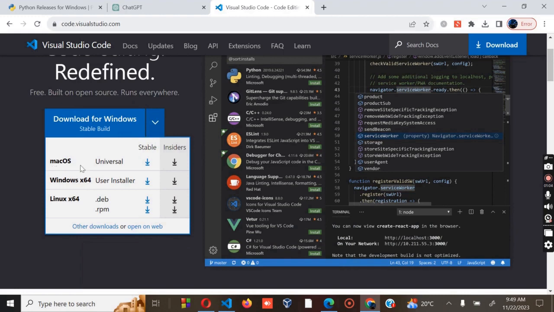For those using macOS, you go for either of these two. For Windows 64 bit, you go for either of the two. Then for Linux, you can download the version that you want. Currently I'm using Windows 64, so